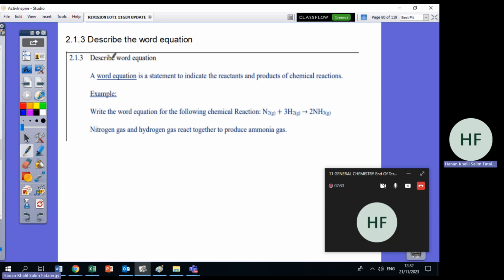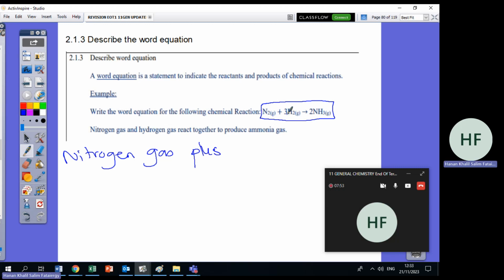Now, word equation. What does word equation mean? Word equation means I need to change this into words. How do I change this into words? What is N? N is nitrogen. And G means gas. Plus,